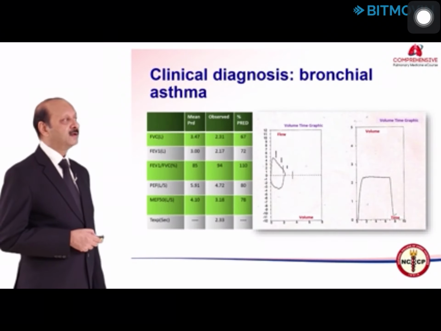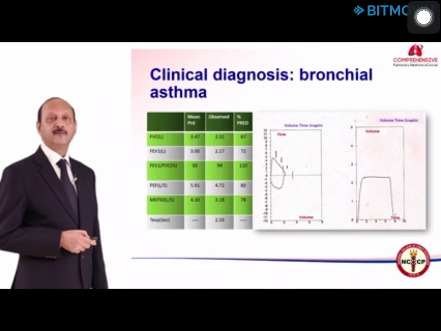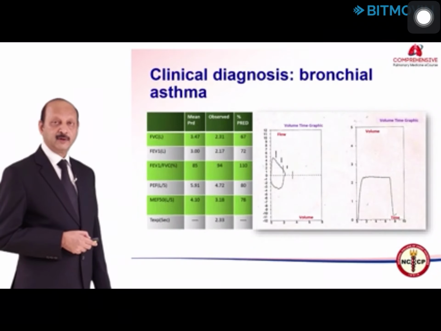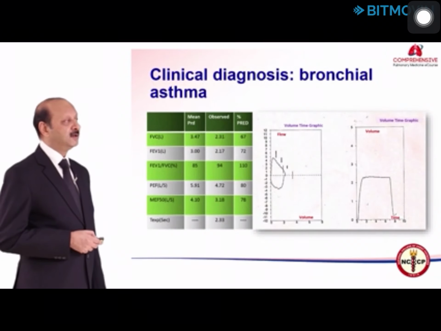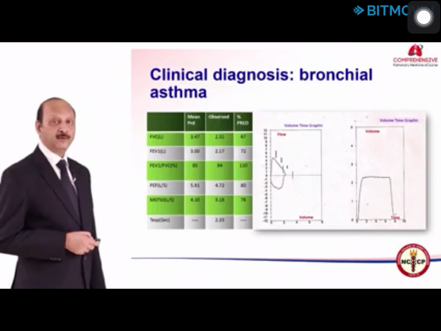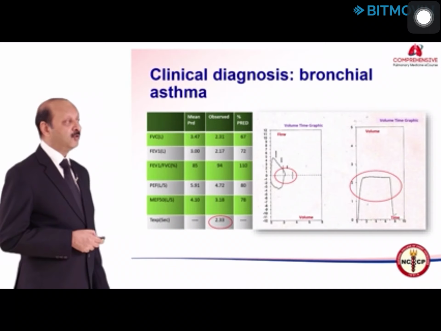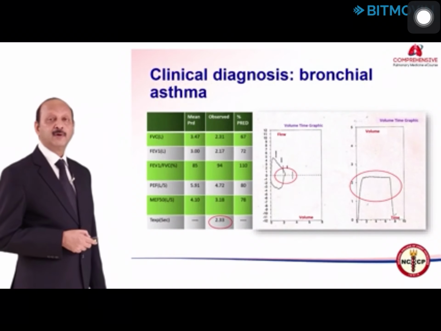Another example, this was a case of bronchial asthma that came to the lab. You must see why a patient has been referred to me, whether interstitial lung or obstructive airway disease, whether preoperative, before you start doing the test, before you start analyzing the test. So, a case of bronchial asthma comes to the lab, and what do you find here? Again, do not jump to the values, look at the curve. Is it okay? No. You find in the flow volume curve there is sudden cessation of flow, and on the volume time curve on the right side also, and you see the time exhaled is just 2.33 seconds.